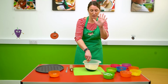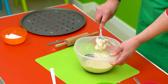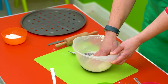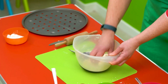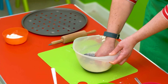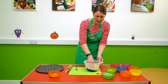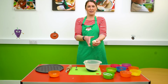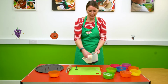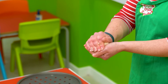These are the best cooking tools you've got, your hands, okay? So you are going to use your hands to squash your dough together, and this is a really fun bit because everybody likes doing a bit of a squash and a squeeze, and it's a bit like when you've got Play-Doh. You need to get your hand in, squash it together, and you should get a nice lump of dough like this, okay? You will have some little crumbly bits still left in your bowl, and that's fine because you can use those bits. Give your ball of dough a little squeeze together